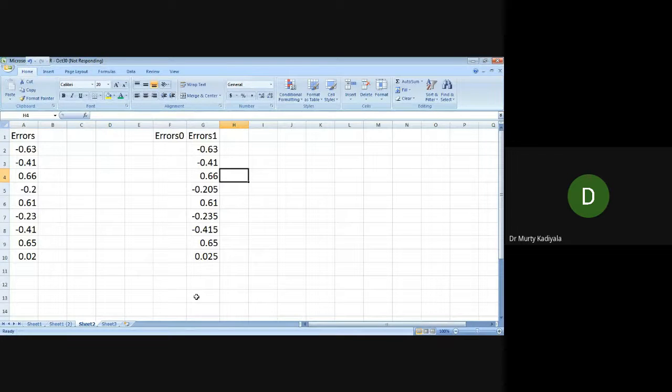Do you have data for the previous day? You don't have, correct? But what is the data for minus 0.41? Do you have the previous? Minus 0.63. What about 0.66's previous day? Minus 0.41. That means these values, if I copy and paste them here,